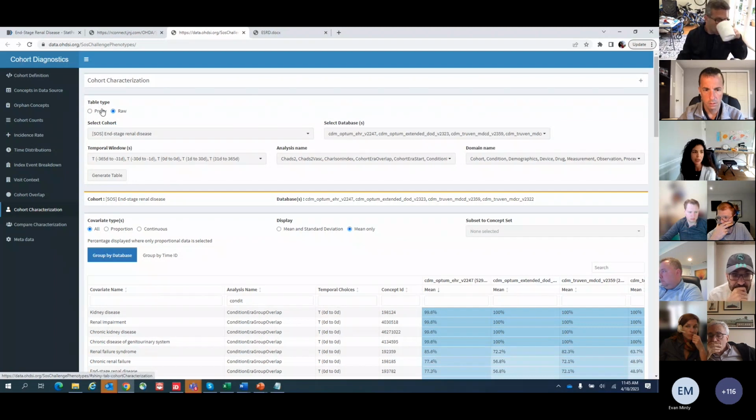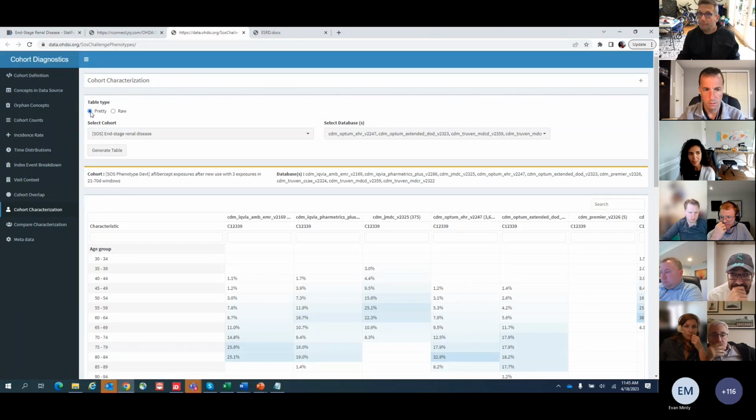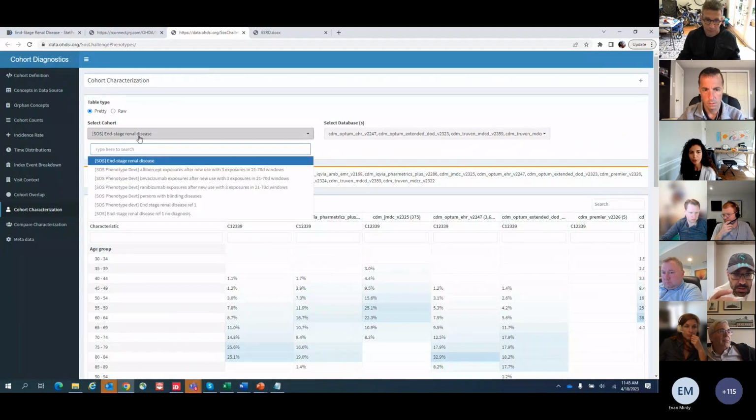So let's see how you can do this. First of all, you have two options. You can either create the pretty table, and that's basically what we like to call table one. That's your table one in your paper. And you select the cohort. So if you want to do your table one in the exposure cohort, that's basically the people you start to